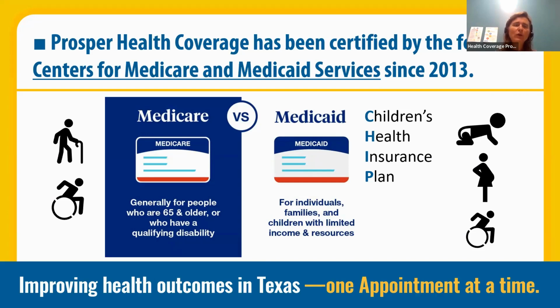In order for somebody to get into Medicare, they generally have to be over 65 years old and have worked in the United States and paid Medicare taxes long enough to qualify, or they have to have a qualifying disability. For Medicaid, people generally have to be under 18 years old, their family household incomes have to be limited, or they have to be a member of a disability population that qualifies them for Medicaid.